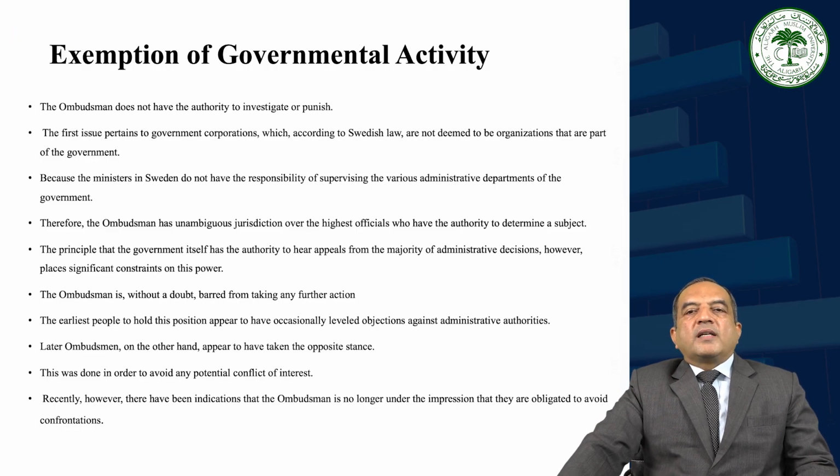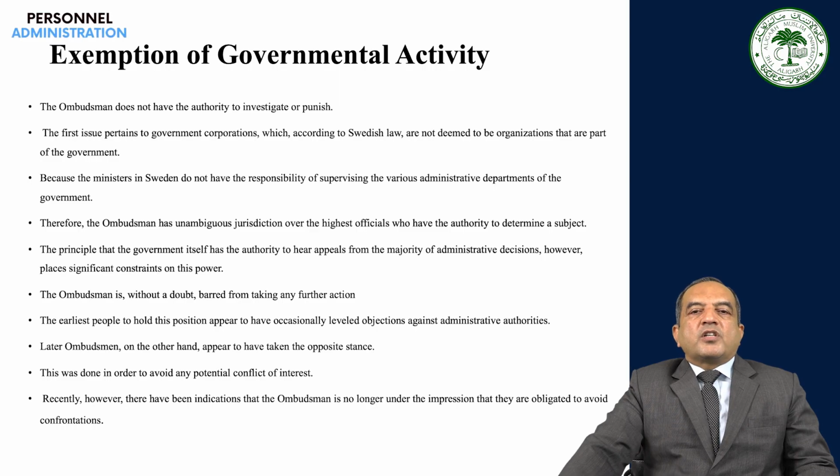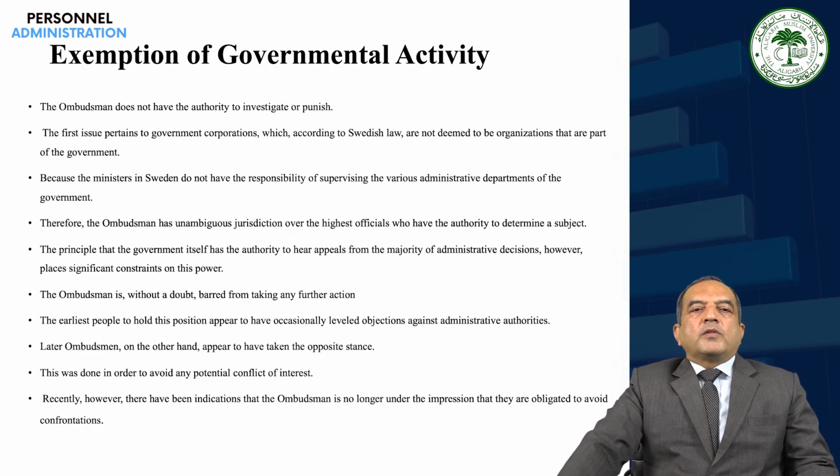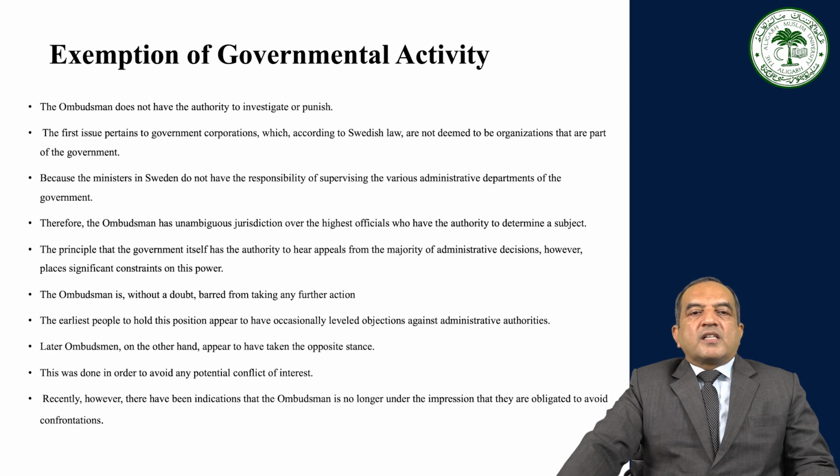Therefore, the ombudsman has unambiguous jurisdiction over the highest officials who have the authority to determine a subject, with the exception of certain instances in which an appeal from an administrative verdict can be carried to the government. The principle that the government itself has the authority to hear appeals from the majority of administrative decisions, however, places significant constraints on this power. The ombudsman is without a doubt barred from taking any further action until the government has officially decided on an